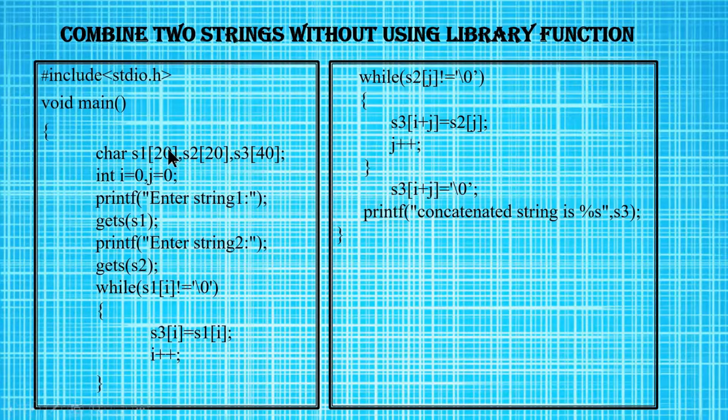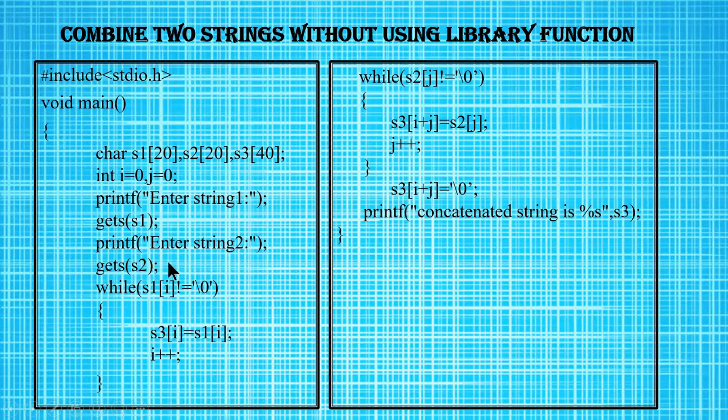The overall program looks like this. We have included the header file. We have started the program by writing void main, with open and close braces. All the statements belonging to main should be written inside this. We have declared three arrays, S1, S2, S3. The three arrays are of type char because I'll be storing characters inside them. You can see the destination array is larger than the two arrays. I'm also using two variables, i and j, whose use I told you about. I'll be reading the first string, then the second string.